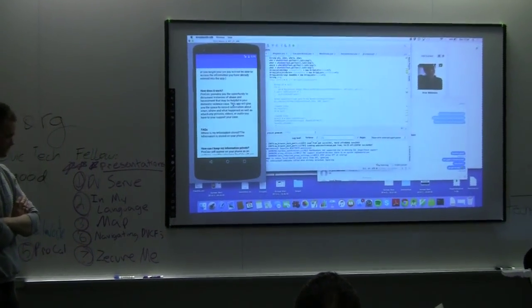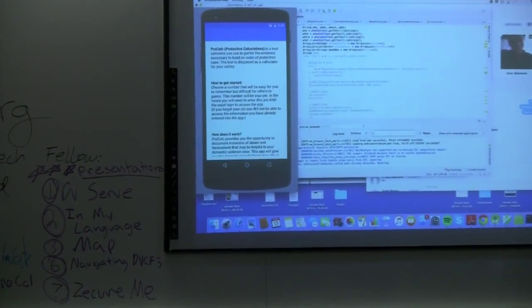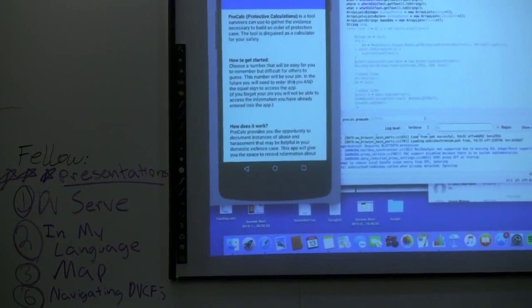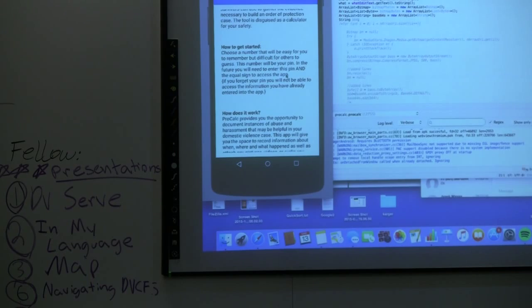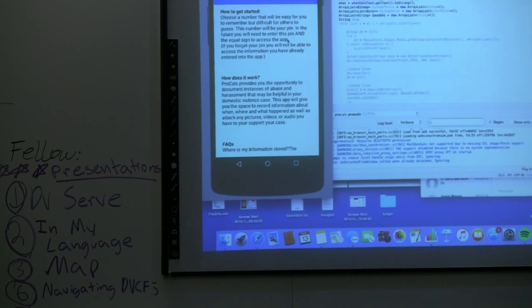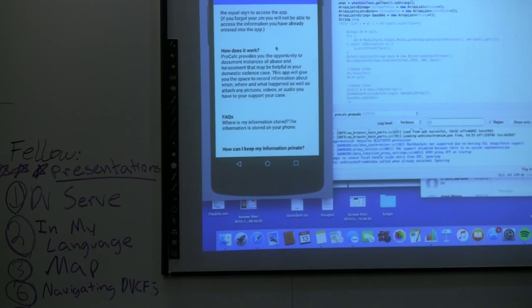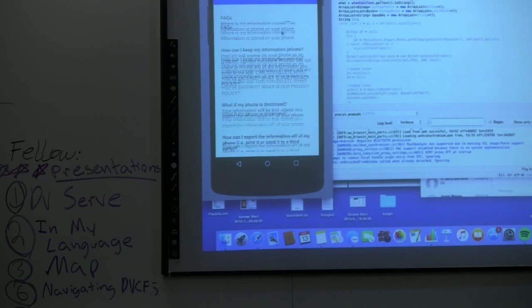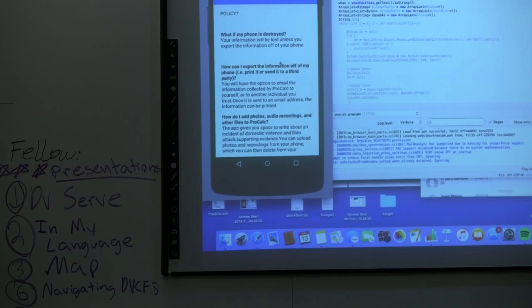So you have an FAQ. It stands for protective calculations. It's a tool for survivors to gain evidence necessary to build their case and to store it securely as well, away from watching eyes, adversaries. So you go down here and it talks about privacy and stuff like that, and what if